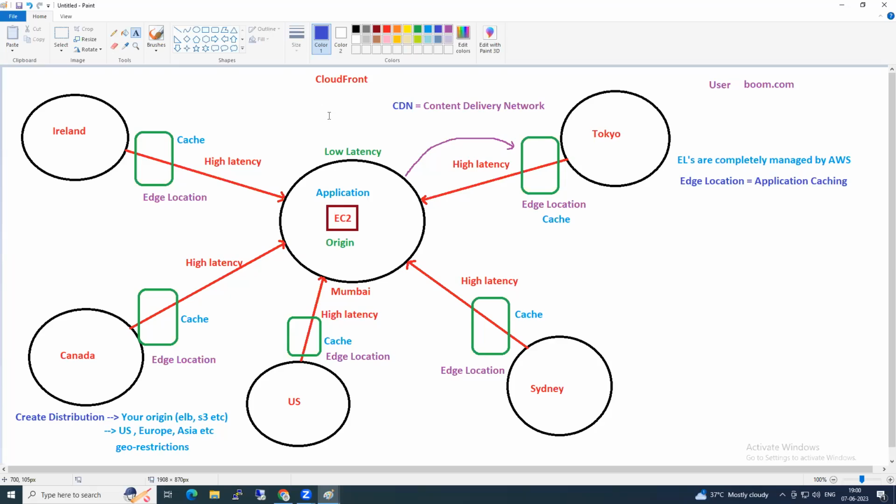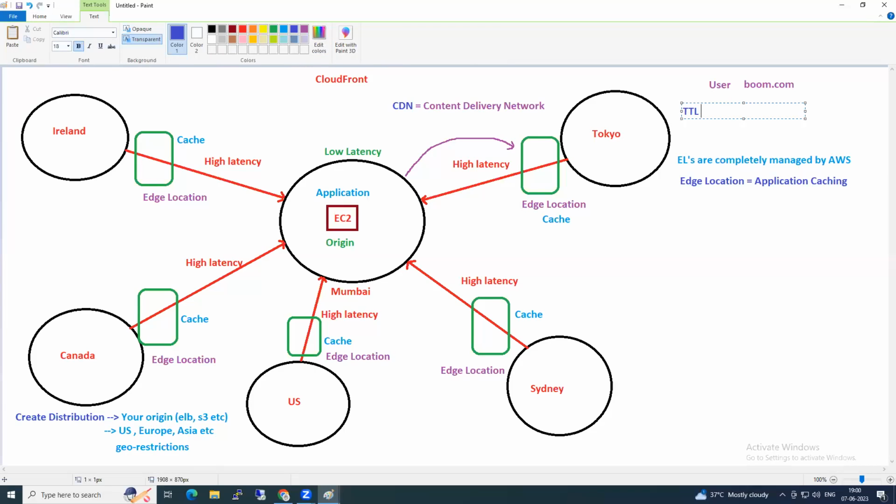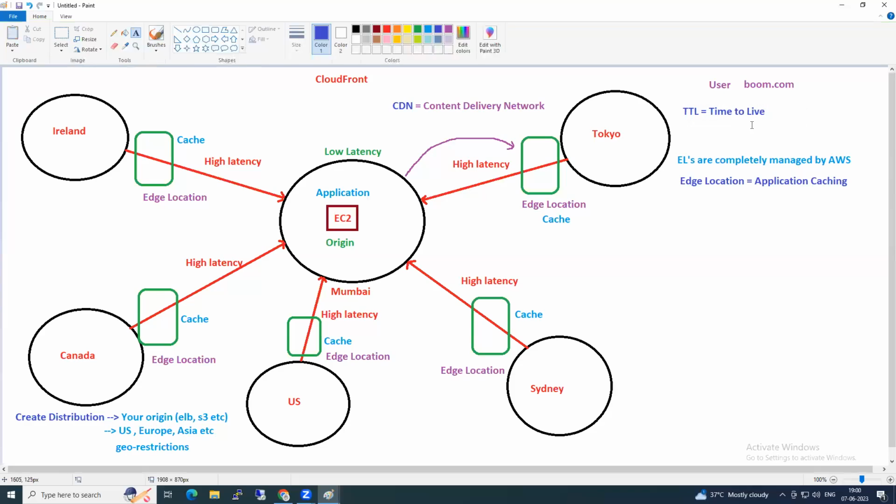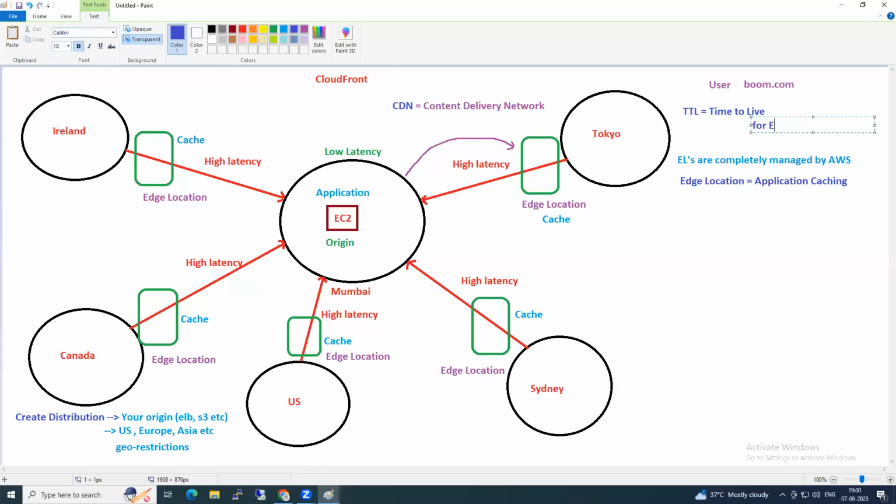Okay. Now the question here is, sir, how much time will it get cached? For example, guys, there is a concept called TTL. What is that? TTL, Time to Live. For example, I have given the TTL as 12 hours today.